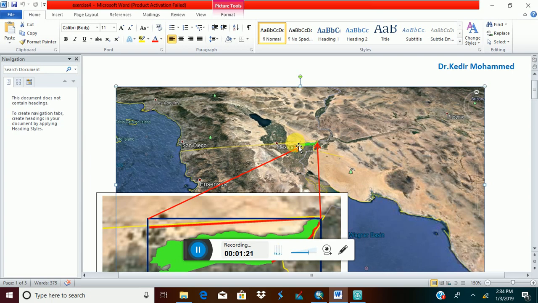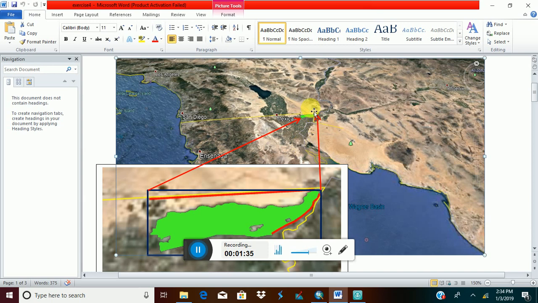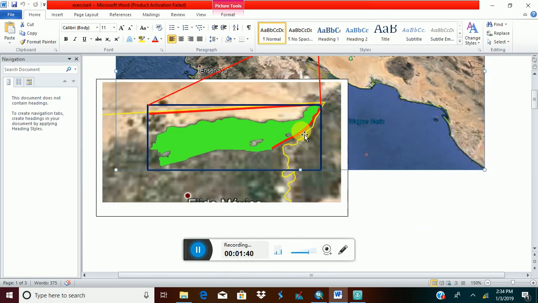So you have to consider that one also, because it will be useful for us to take it as one of the boundary conditions. And there are also other things which you have to consider as boundary conditions. So when you enlarge the area of interest, it looks like this. This is the shapefile,